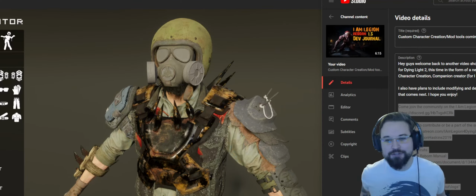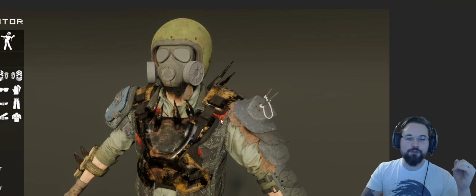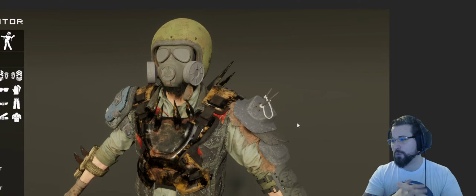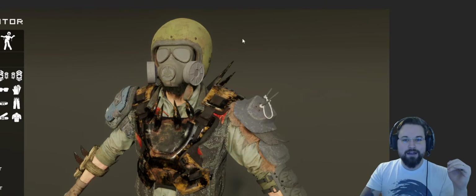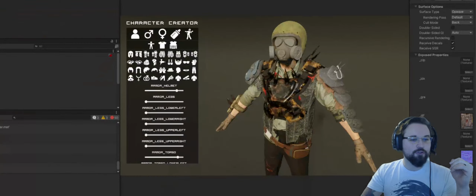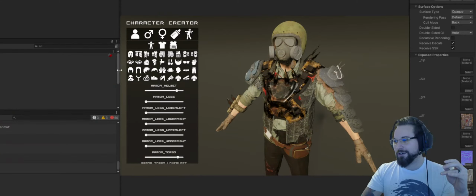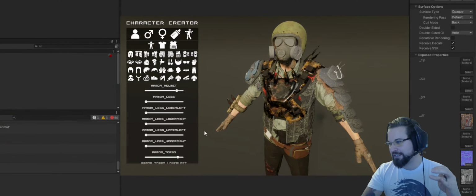For Dying Light 1 and 2. This is actually going to be more a focus on the latest mod tools that I'm working on for the Dying Light game, and that comes in the form of the new mod tool that I'm calling the Infinity Designer,